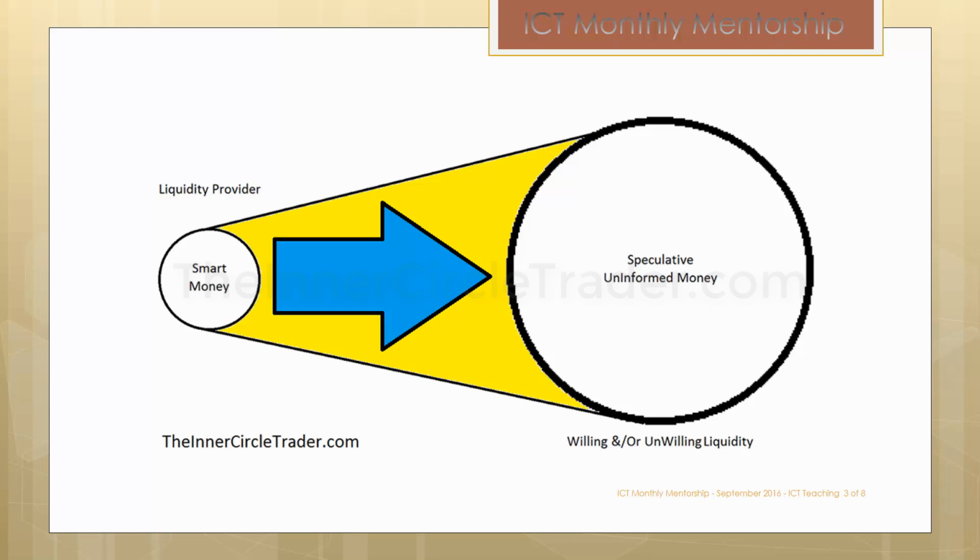The smart money is there to provide liquidity, but they're doing it at an exchange premium. In other words, they're putting in trades that they're most likely going to come back to either offset or neutralize for their interests. And we're going to talk more about that as we go. But for now, understand that the smart money knows, in fact, that there is a large body of uninformed money